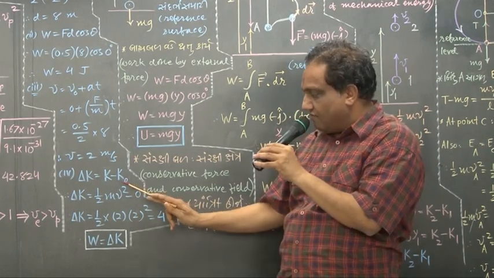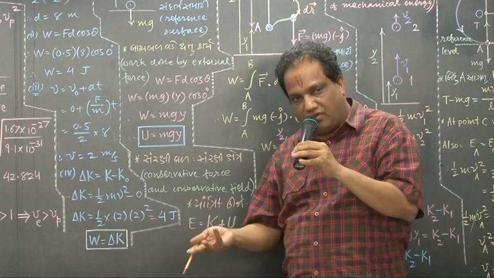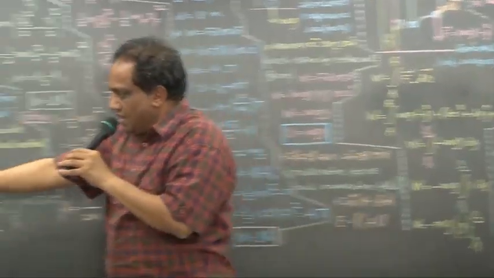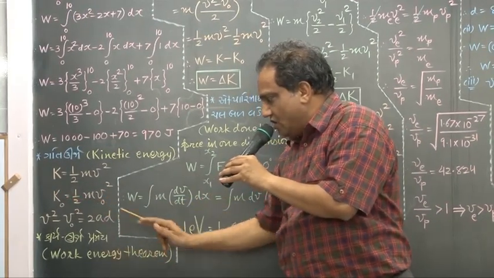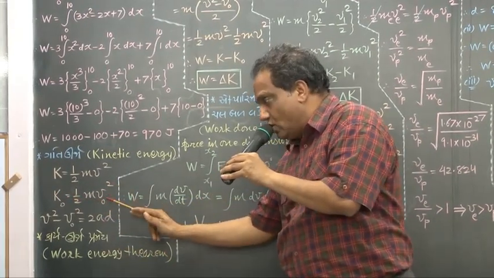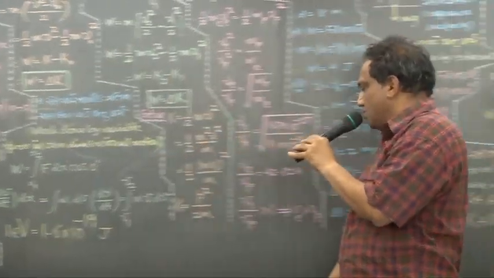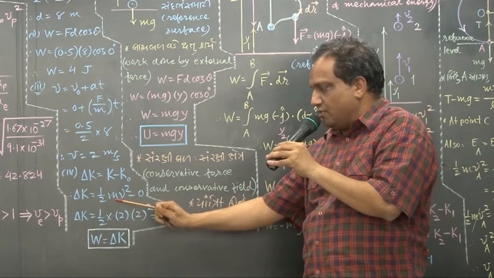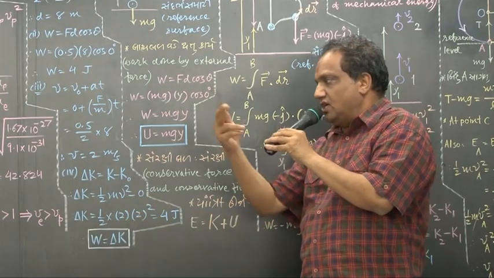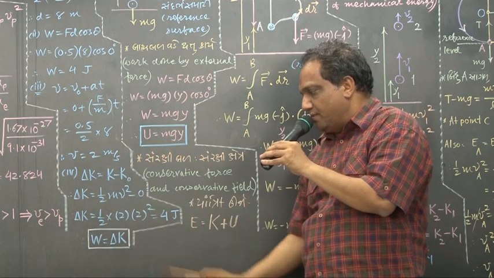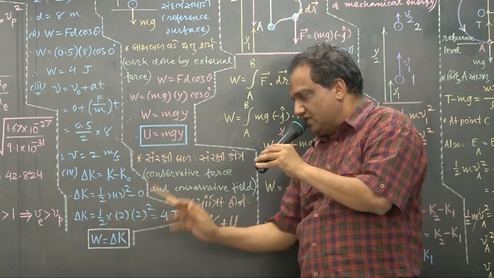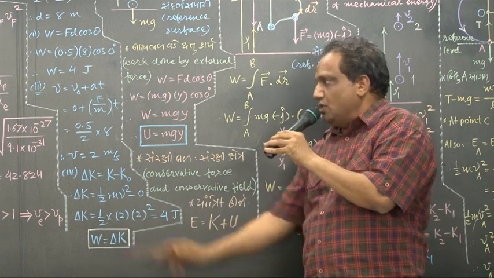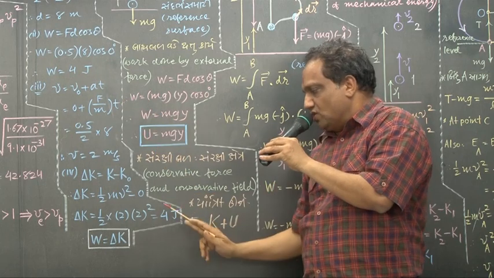Come on, what is final? What is the initial kinetic energy formula? K0 equals half m v0 square. What is the initial velocity of the body? Right now it is 0, so this product is 0. So K0 is 0. And now tell me, 1 by 2 as it is, mass of the body is 2 kilogram, velocity at the end of 8 seconds we have found out is 2 meter per second. This 2 and this will cancel. 2 square is 4. Unit of change in kinetic energy is also joule. You can see here also 4 joule, here also 4 joule.